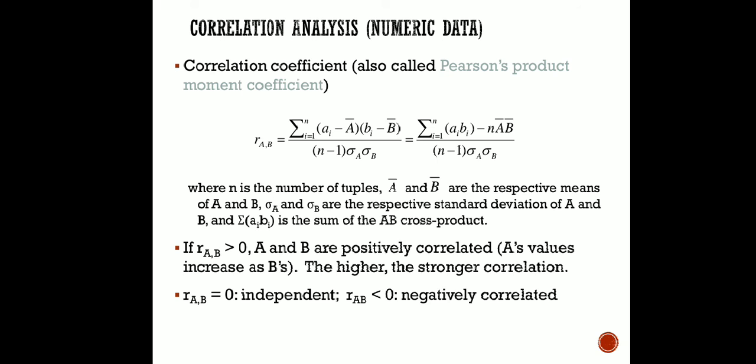Now you can see if this value results in any positive value, they are strongly correlated, the correlation is stronger. If it is 0, they are independent. If it is lesser than 0, then they are negatively correlated. So we will try to see